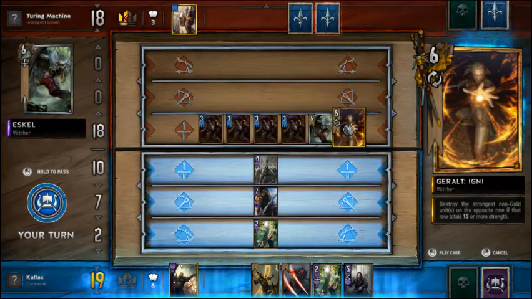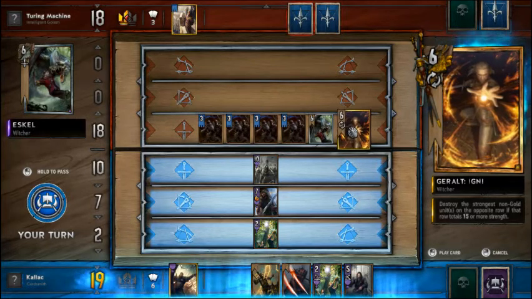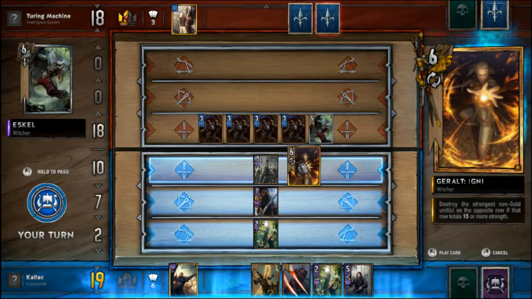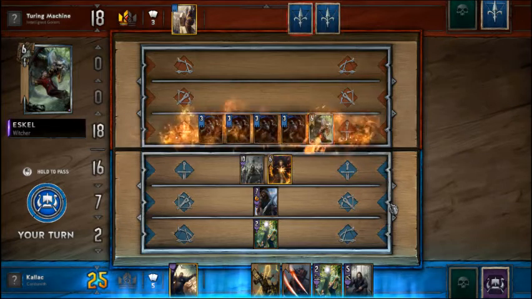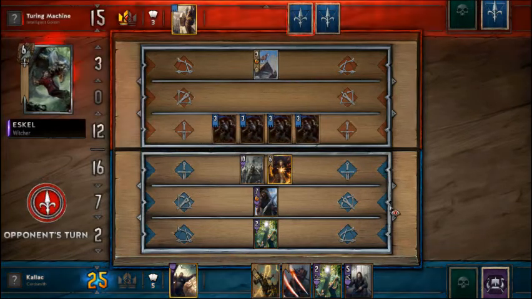And then he removes the biggest minion on our opponent's side on the same row, as long as that row has 15 strength or more, and that's a pretty sweet card. I was pretty happy to get this out of the booster, so that will remove Eskel over here. Oh, and because we played a gold card...